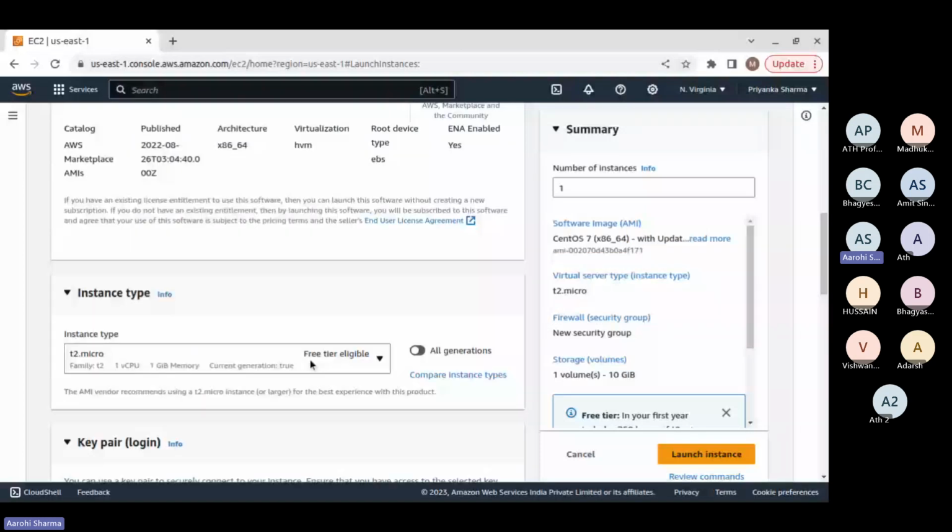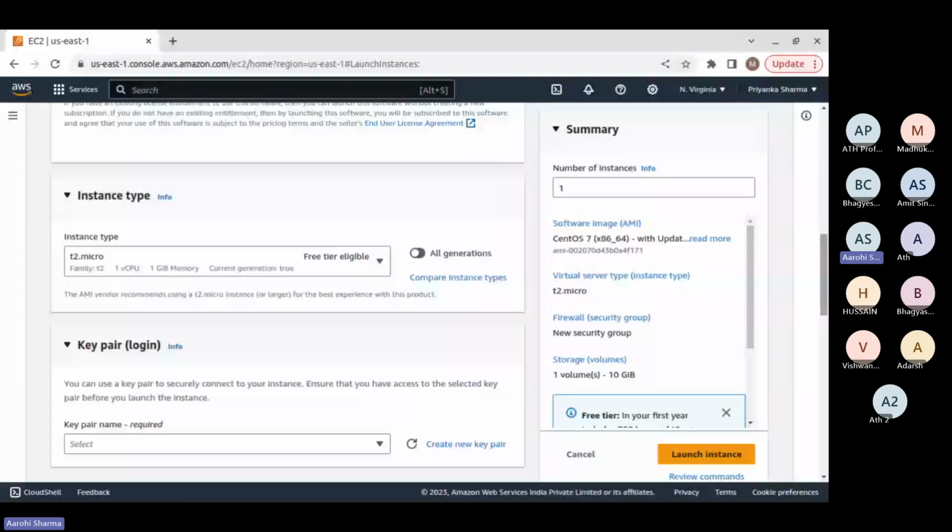AMI is CentOS, but I'm using the instance T2.micro. Bhagesh, these candidates know why we need T2.medium for the master node, the control node, and why we need T2.micro for the worker node. If you are using it for your project purpose or industry perspective, you can go for T2.medium. But right now I'm overwhelming all the things over the master node.